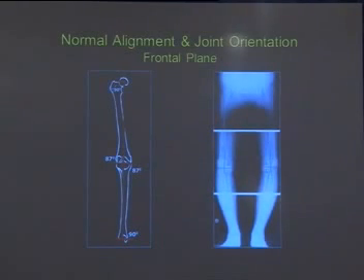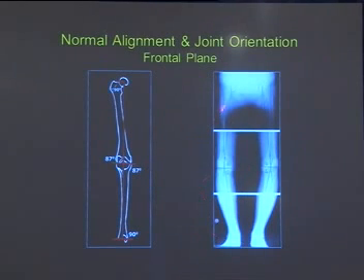And as normal, as Dr. Arya Agarwal has shown you, you take the full limb X-ray. Previously, we used to take 1, 2, and 3 X-rays and join them together. Nowadays, you can get a full X-ray. There are films available. And when you join the center of the head to the center of the knee and ankle, it falls in the center of the knee.